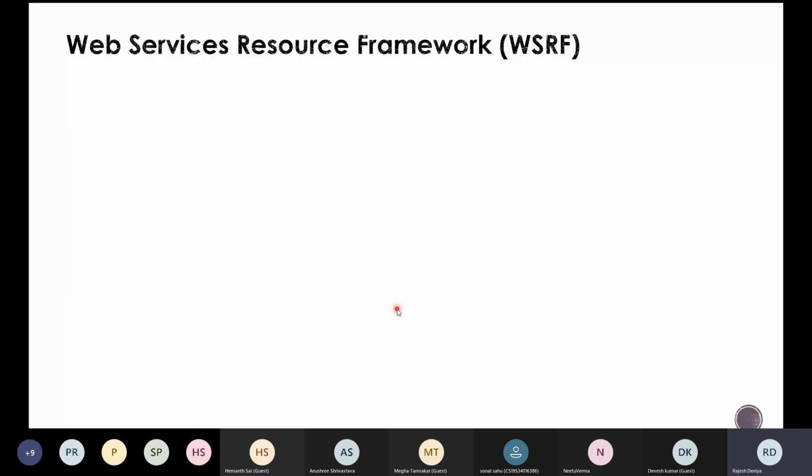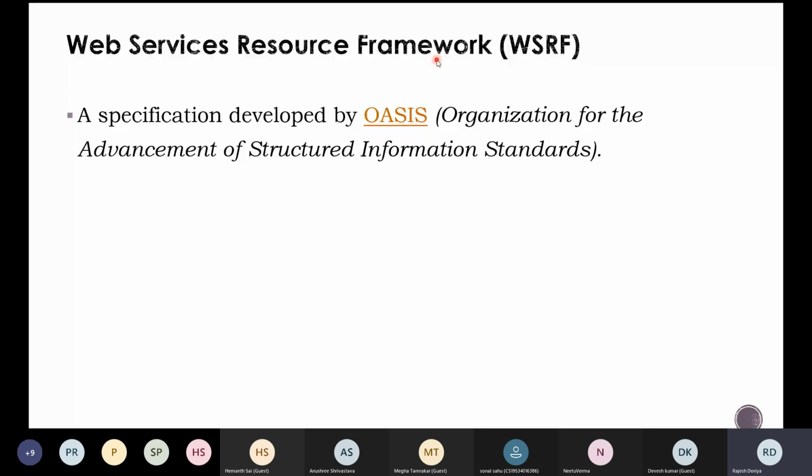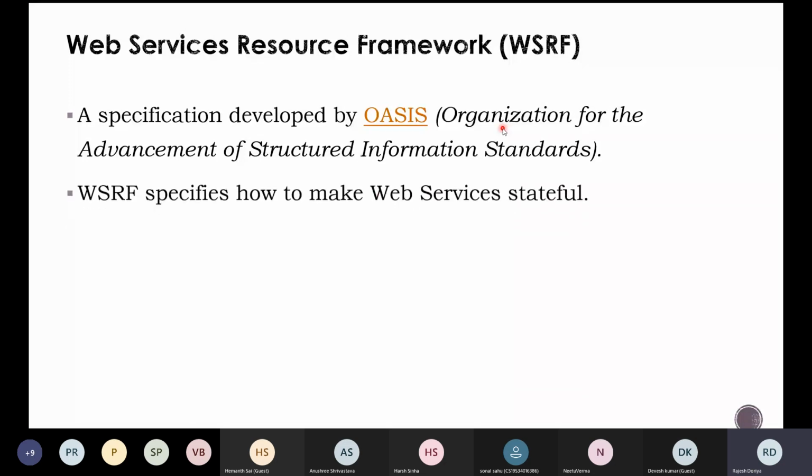Thereafter, there is one more thing called Web Services Resource Framework. We call it WSRF. And this is a specification which has been developed by OASIS, which stands for Organization for the Advancement of Structured Information Standards.